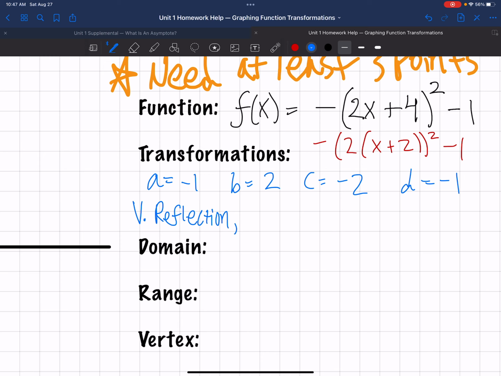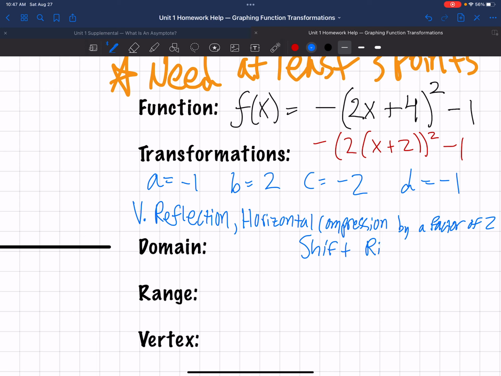B equals 2 means horizontal compression by a factor of 2. And then C equals negative 2 is a shift